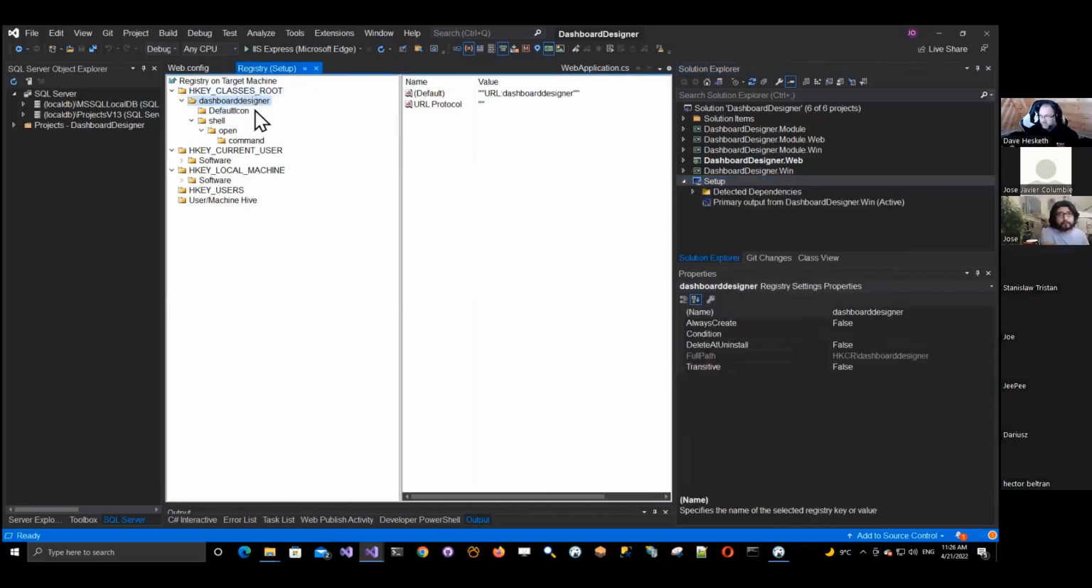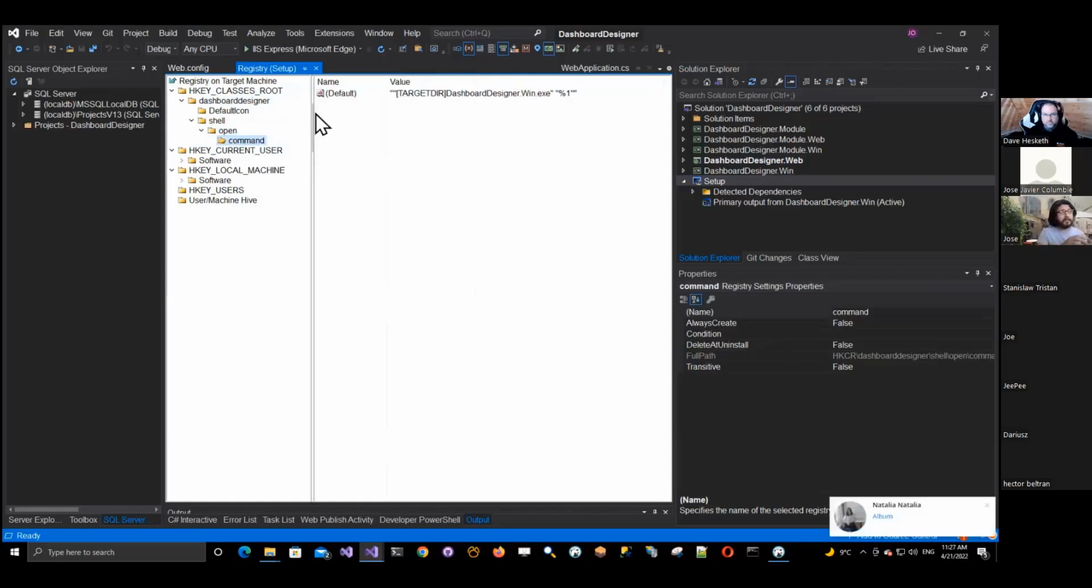the class root, you add an entry, like the entry can be named whatever you want, and you add a default here. So the default is I want to register this URL, the URL that is dashboard designer, and then I want to add a shell folder, and in the shell I add the default value that is open, and then inside of the open value, what I basically do is I tell it, okay, when you see that URL, you should